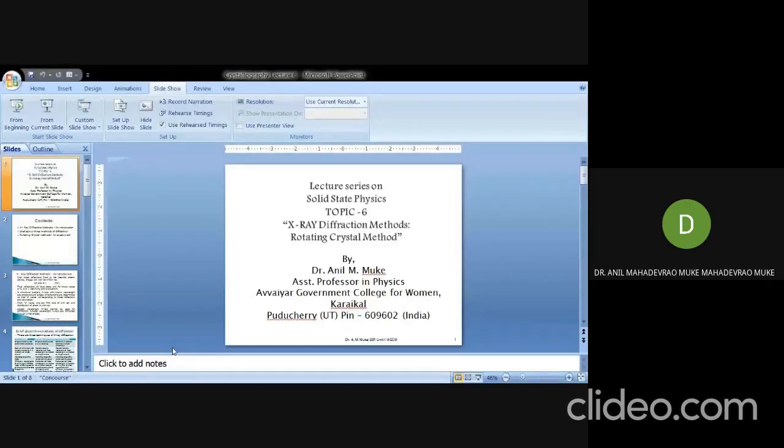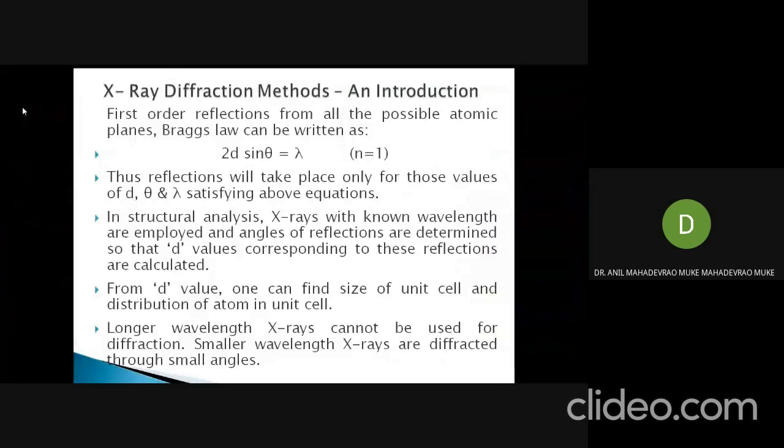We will discuss what X-ray diffraction is. So, X-ray diffraction, and there are three methods, and for applying those three methods for diffraction of any crystal, you can take